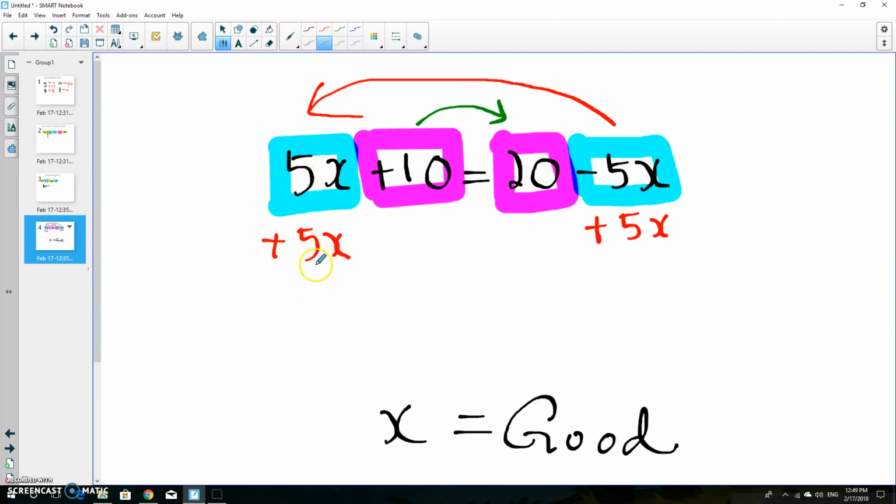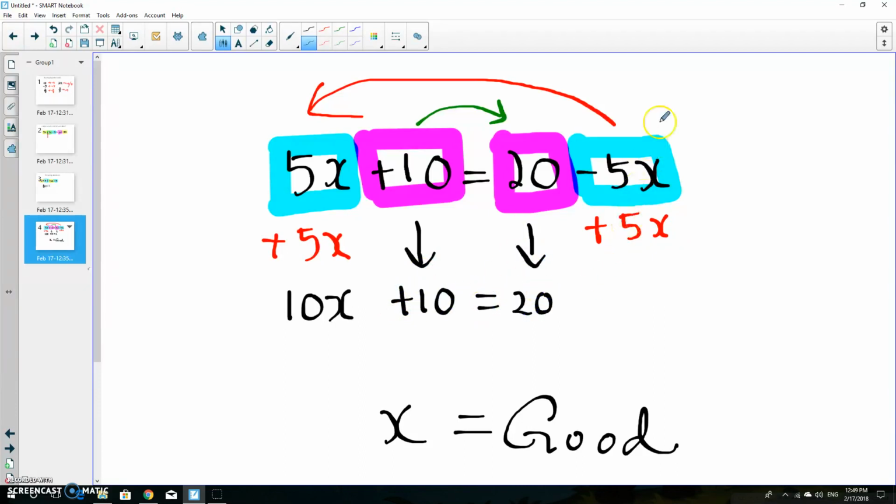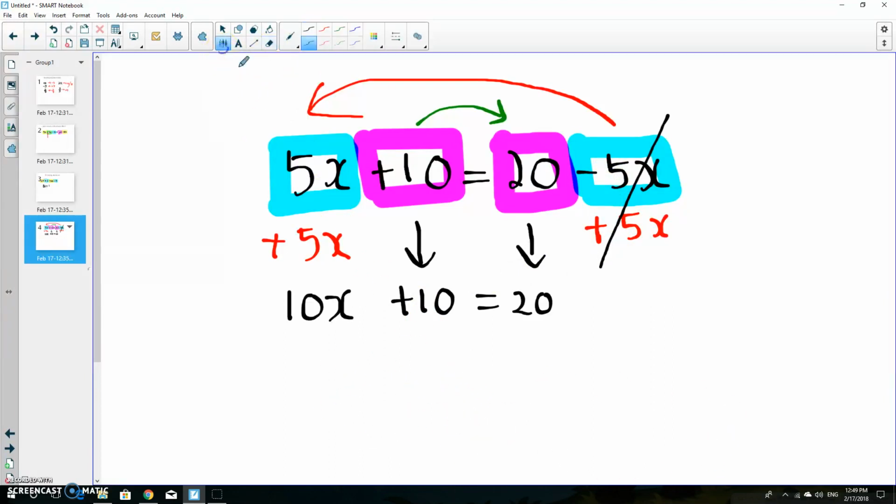So 5x plus 5x, grouping like terms, 5 plus 5 is going to be 10. So I'm very happy with this, 10x. I would suggest in the beginning, I'm not going to skip any step. I'm just going to copy whatever I didn't do. Copy that 20. This one, cross it out, because 5 minus 5, or minus 5 plus 5, will cancel out. I need some more space. All right. So if we are okay up to this point,